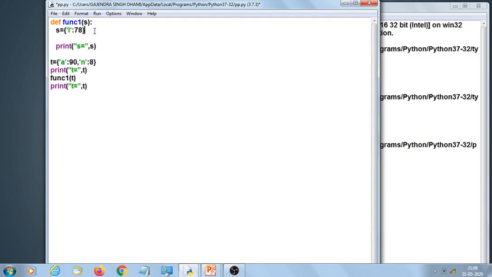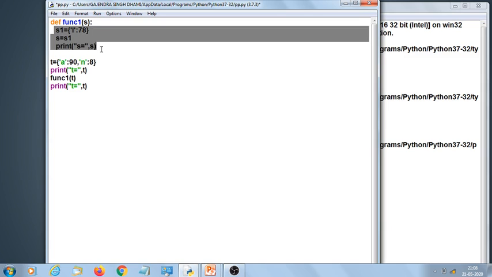So whether you write like this in two statements, or like that in the same statement, does not make a difference. So S equal to S1. So the ID of S will now change in this local environment, but T still refers to the same original value. Clear? So in this case 98 you will get, in this case you will get L and 78. In this case the same original values 90 and 8 you will get. So let us have the execution.